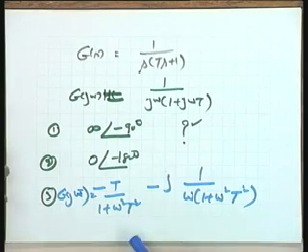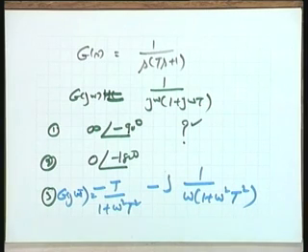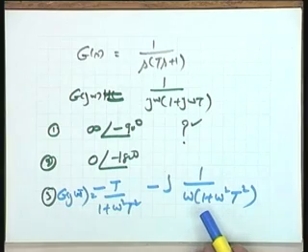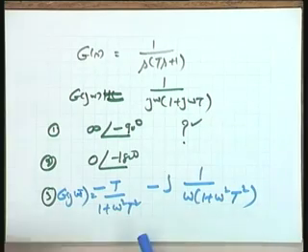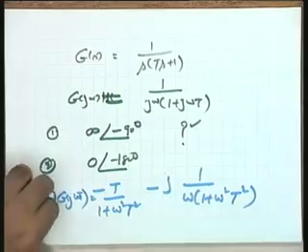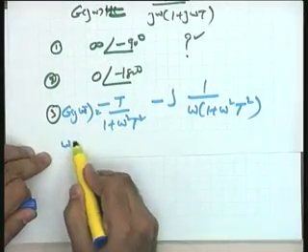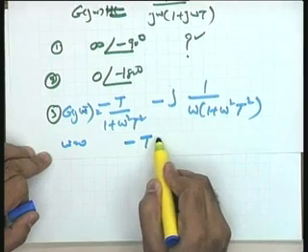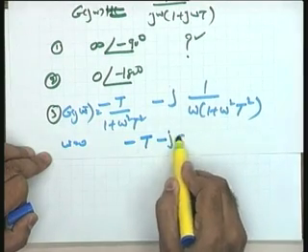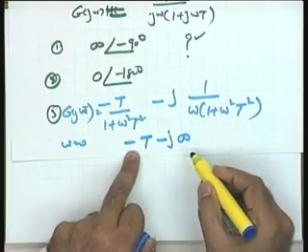Now you see, what is the intersection with the real axis or with the imaginary axis? You find that there is no intersection. If at all there is an intersection, it is at omega is equal to infinity, as it shows over here. So tell me what is happening at omega is equal to 0. From here it is clear that omega is equal to 0 gives you minus t minus j infinity. So you see this gives you an additional information.